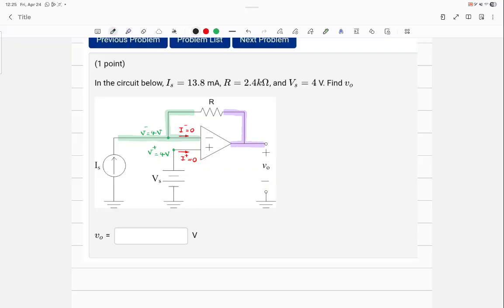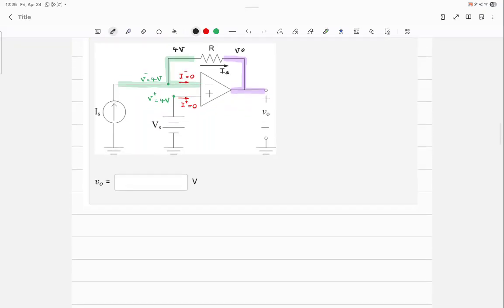So what is the voltage to the left of the resistor? 4 volts. What is the voltage to the right of the resistor? VO. What is the current passing through the resistor? IS. So this is what you can write: (4 minus VO) divided by IS is equal to R,